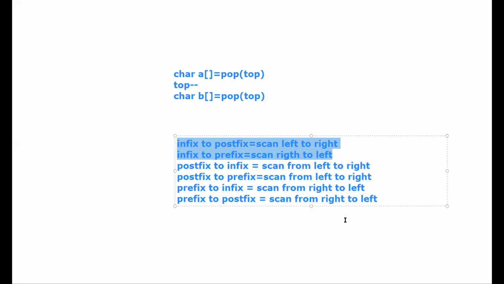So that is what you have to remember. Guys, do you have any doubt in this? You can tell now.